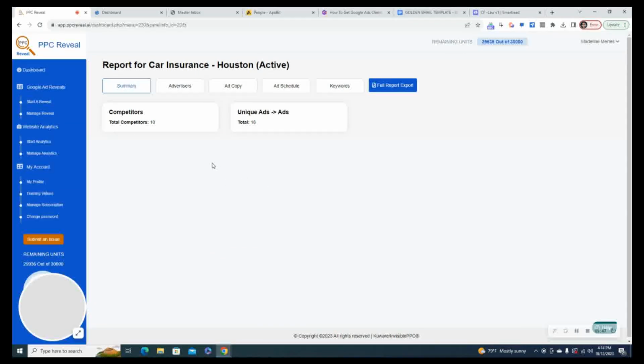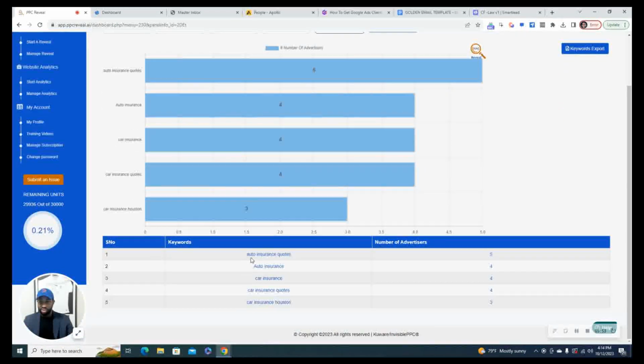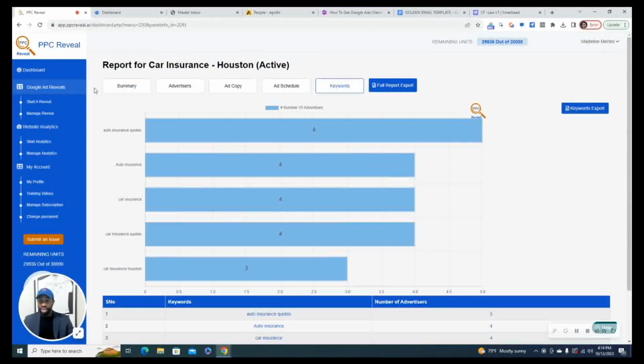Here we go. For car insurance keywords in Houston, it's going and pulling all of the advertisers and all of their ads, and it's going to check this every 2 hours for the next 7 days. Once this is done, we're going to be able to export this full list and use the data that we get back here to reach out to only the people that we know are advertising on